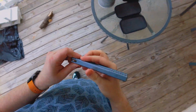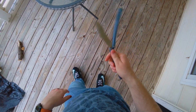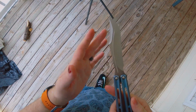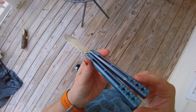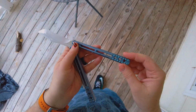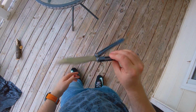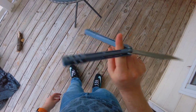So the Orca is a weird one. It's from JK Designs, and it is obviously a very unique design. You've got this sort of watery blade shape that's got all these organic shapes and curves, and then you've got the handles, which have got this long center line cut out of them. There's not a lot going on the sides, but then you've got this kind of front jimping on there. It's a really interesting Balisong, and what struck me about it the first time I saw it was